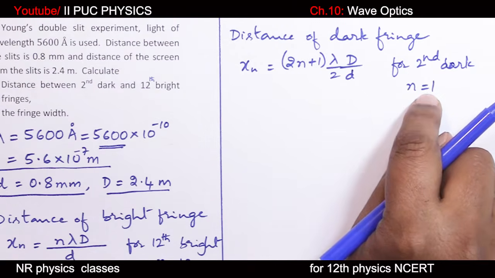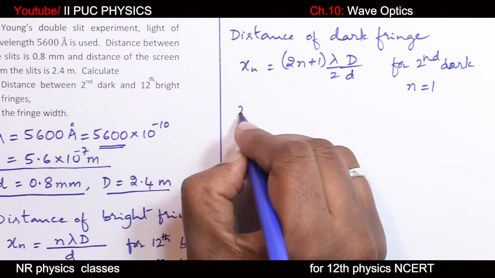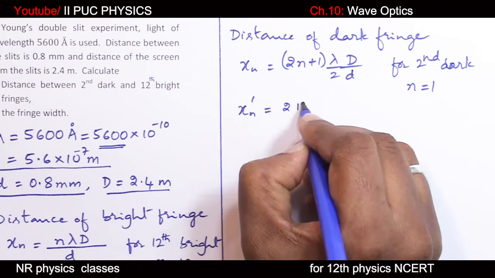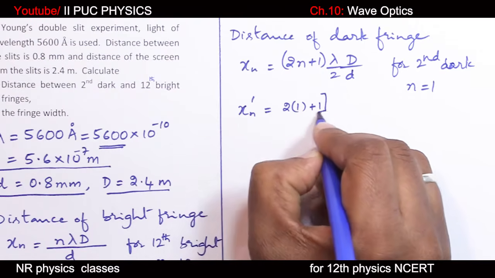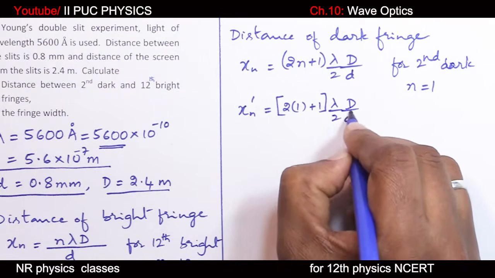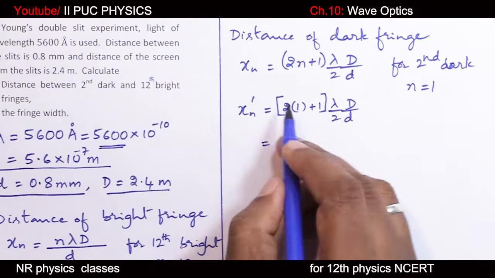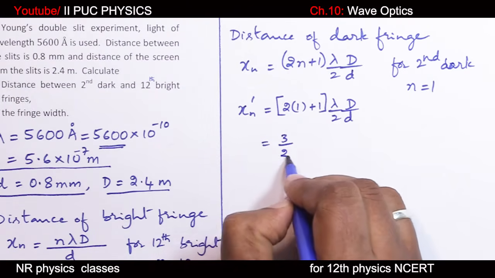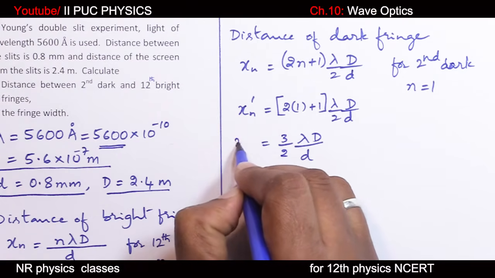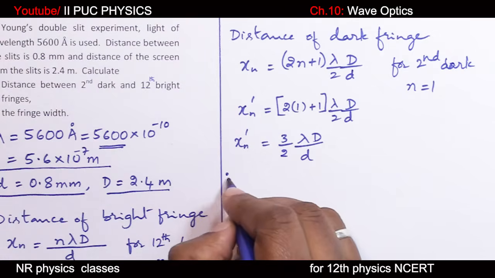Third dark, n is 2. Okay. Therefore, Xn dash equal to (2 into 1 plus 1) lambda by 2 capital D by small d. 2 plus 1 is 3, so 3 by 2 lambda capital D by small d. This is the distance of second dark. Therefore,